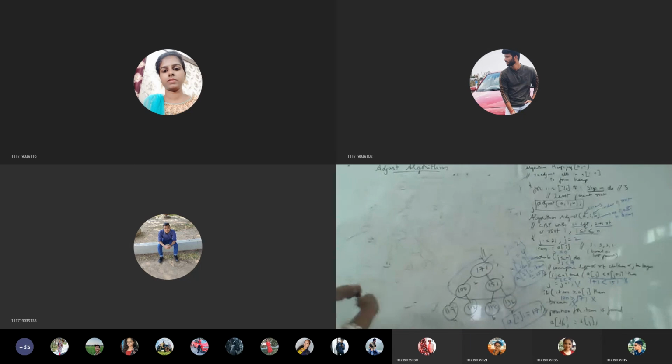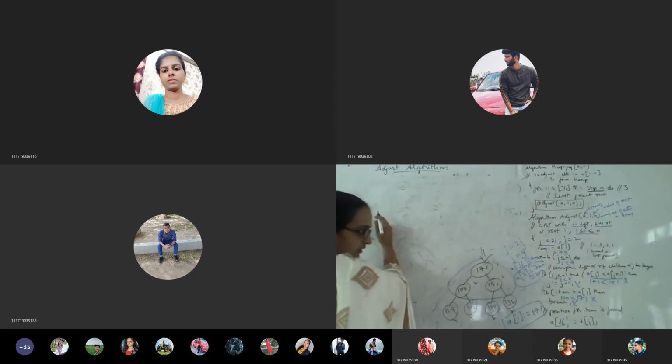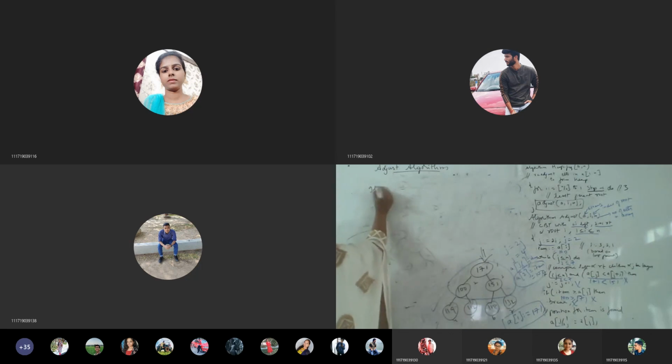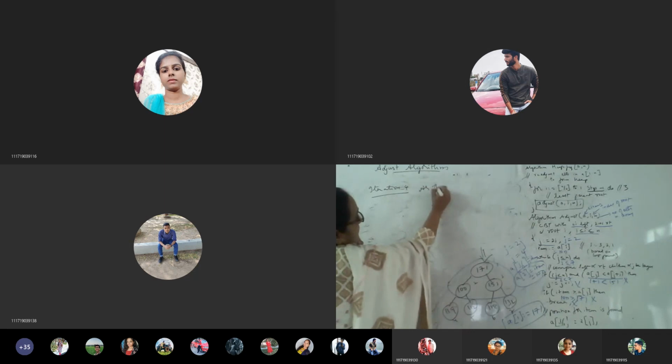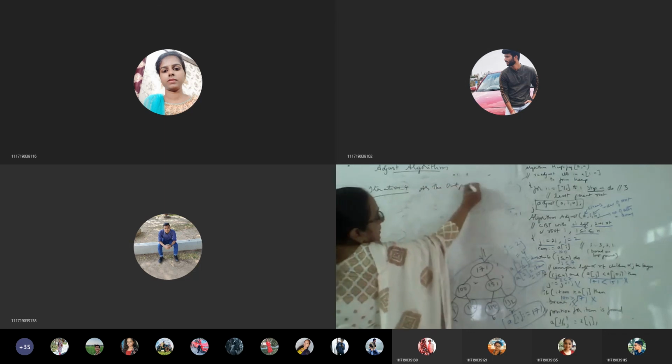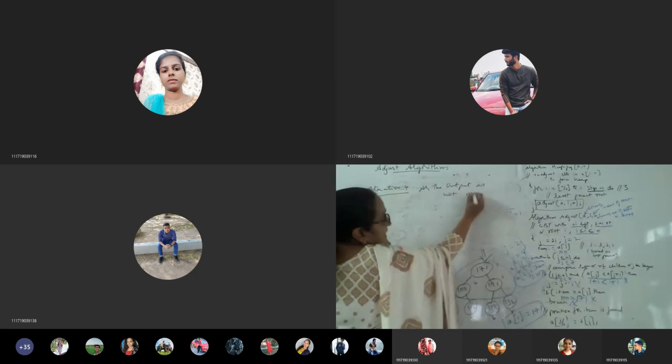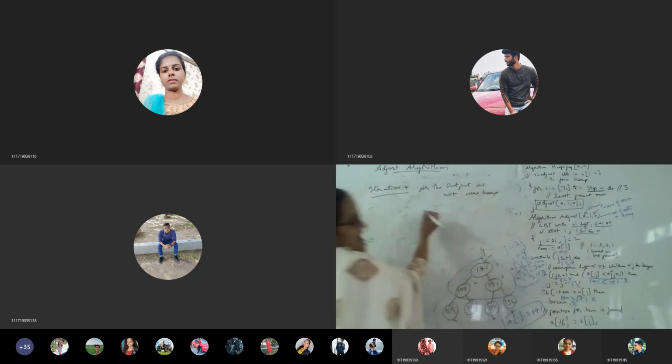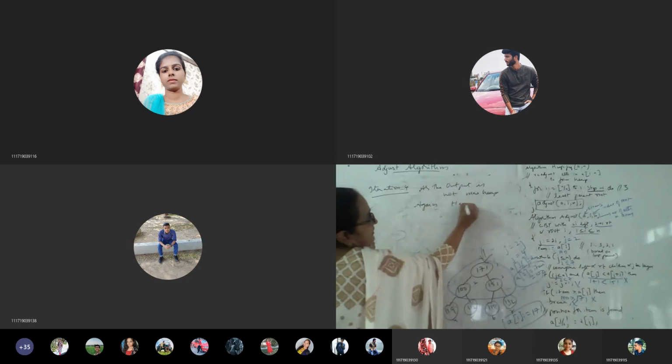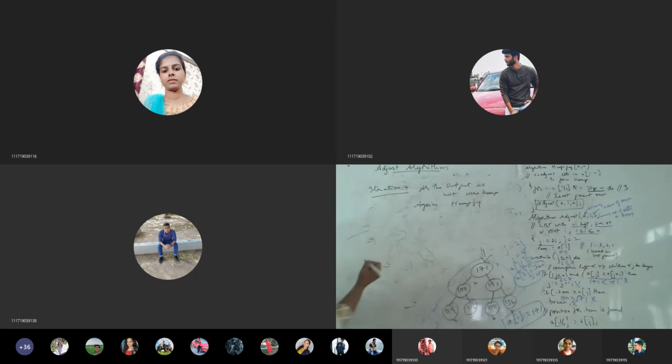Okay, so this was the tree that we got in iteration 3. Okay, so now iteration 4. So as the output is not a max heap, what we are doing? Again heapify. So again in heapify what exactly is it doing? So directly I am going to do it now.